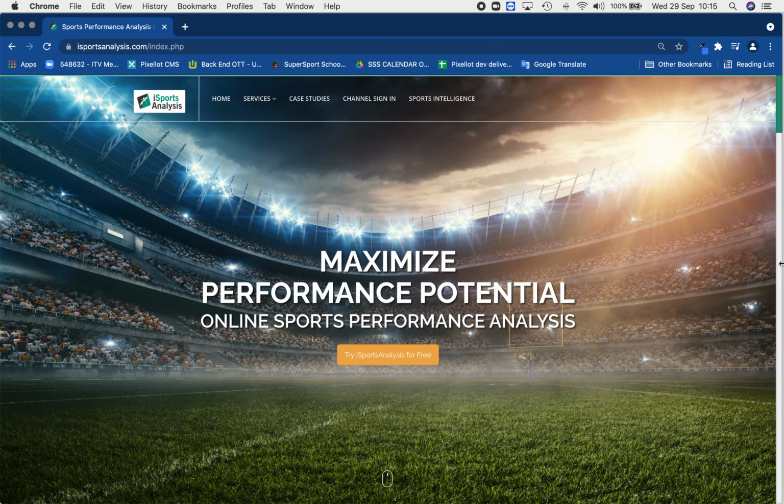So first of all, we make use of iSportsAnalysis, which is an online video analysis platform. This means that any videos or footage we get of any games that we're filming, we can upload them to iSportsAnalysis, and then we code these games. When I say code, it means that we build a timeline of events, so it will make the coach's job as well as the player's job easy to go through each individual key performance indicator that you'd like to